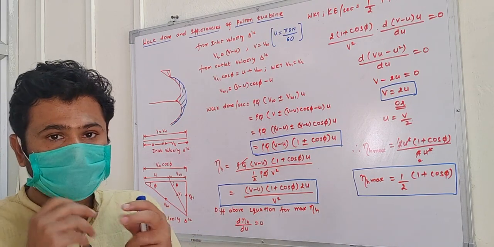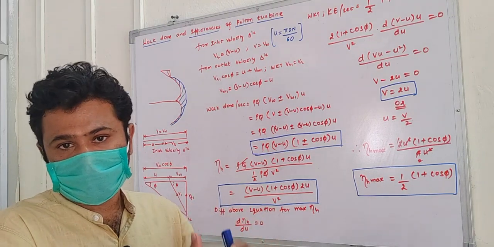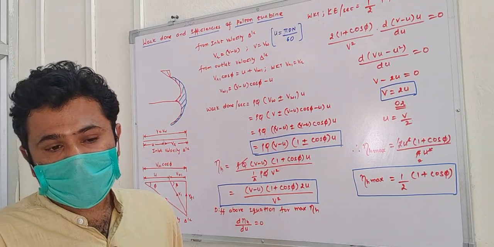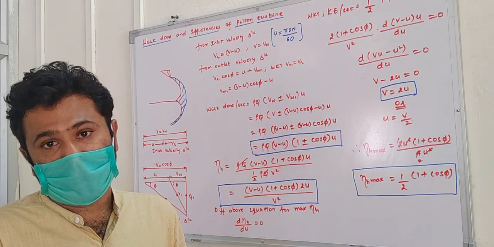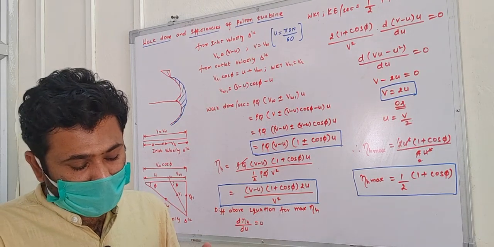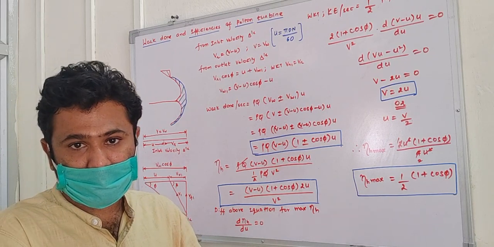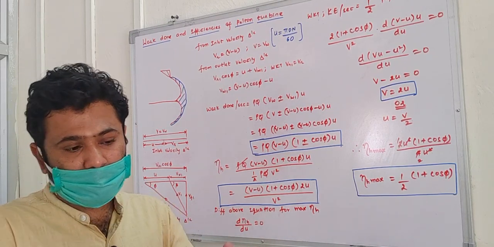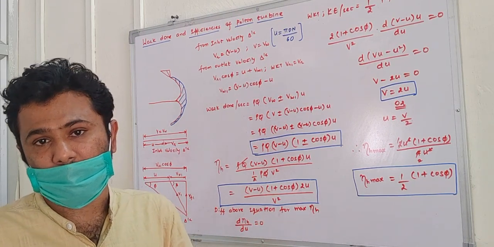Here, there is a turbine called the Pelton turbine, which is named after the engineer who developed that kind of turbine. The Pelton turbine has been classified as an impulse turbine and a tangential flow turbine. It means the water that hits the turbine is impulse in nature, so it is not a reaction turbine. When we discuss the Francis turbine and Kaplan turbine, I will explain what a reaction turbine is.